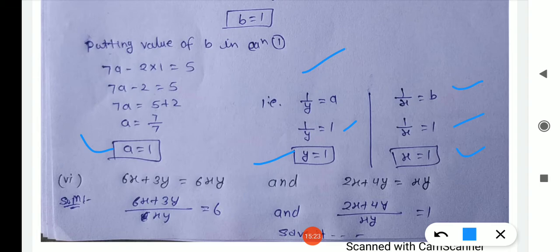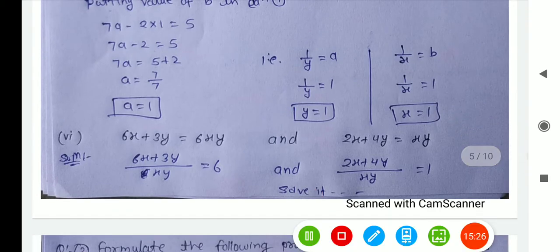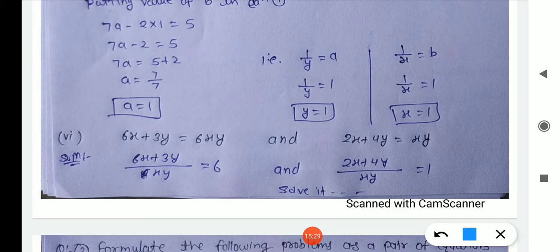Now question number 6 is also a similar type of question. So I convert it into simple form. So 6x plus 3y equal 6xy and 2x plus 4y equal xy. So 6x plus 3y upon xy equal 6 and 2x plus 4y upon xy equal 1. Now also you separate 6x upon xy plus 3y upon xy equal 6. Okay, doing similarly, I use the same process as in question number 5. Okay, so the sub questions of question first are complete.